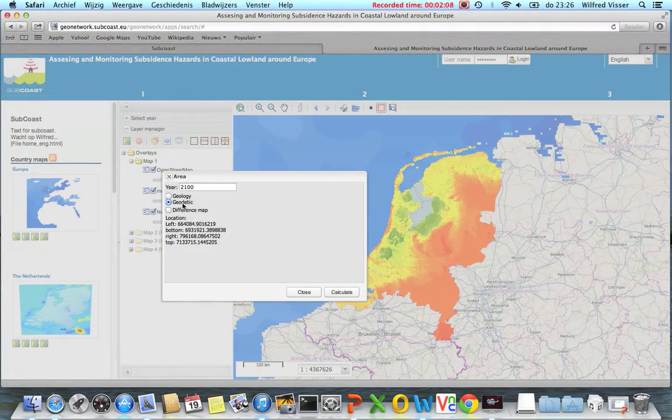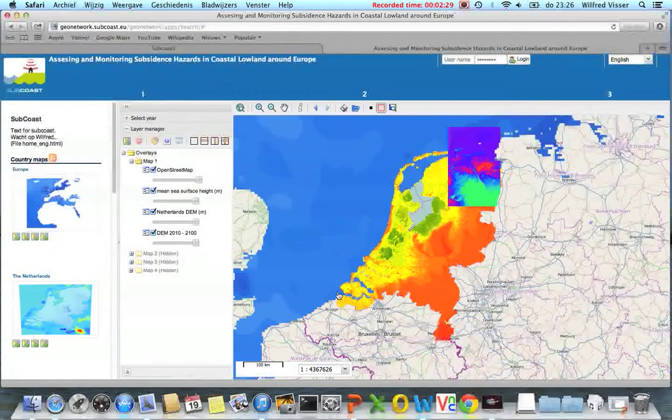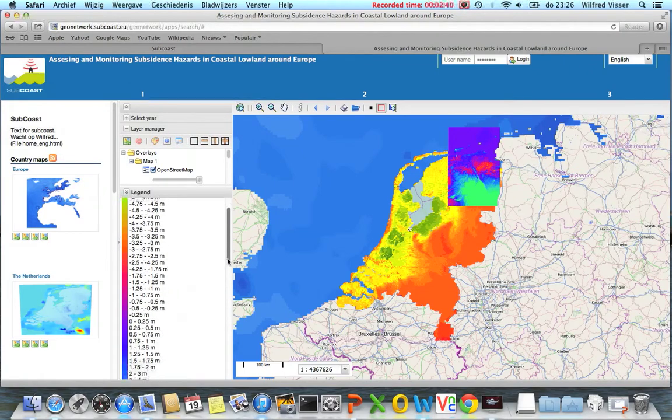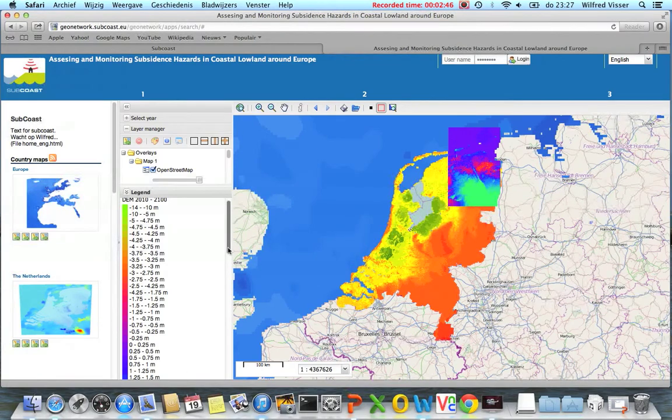What you can also do is make a difference map. Then you only calculate the deformation multiplied by the years, and that you will visualize. It's also possible. So if you push on the calculation, then there will be a process that calculates a new grid. And if you take here the legend, you can see what this new dam looks like. That's a polygon approach, which results in a grid.